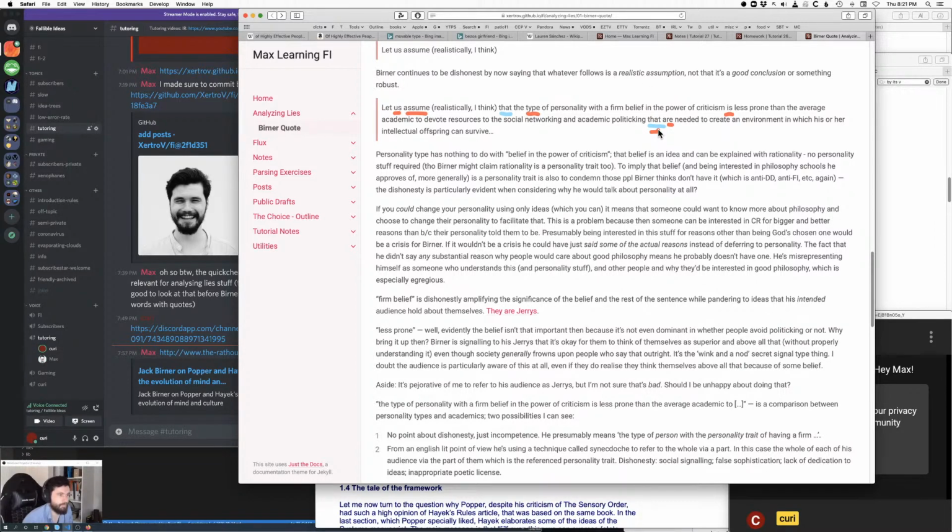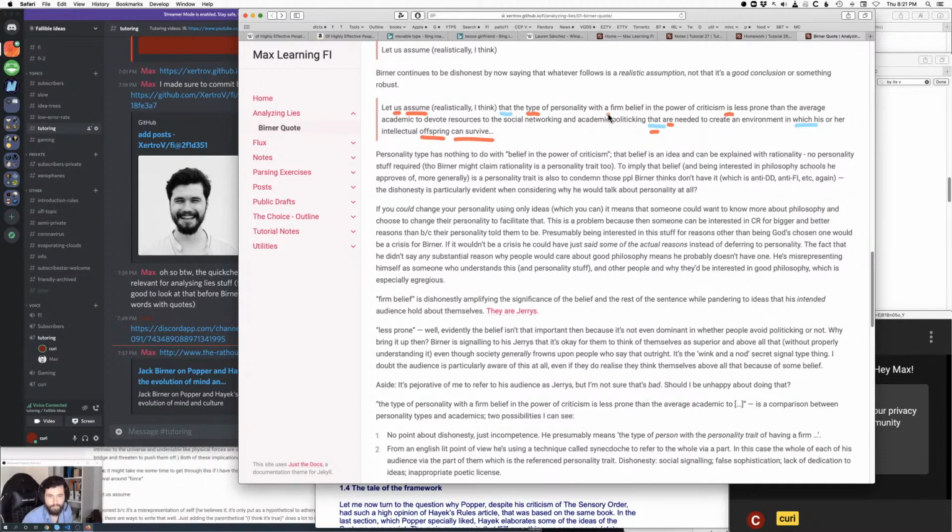So that's also the subject of its own clause. And then R is the verb to create an environment in which... Okay, so if you look at the key grammatical words, they seem pretty disconnected from what he's saying